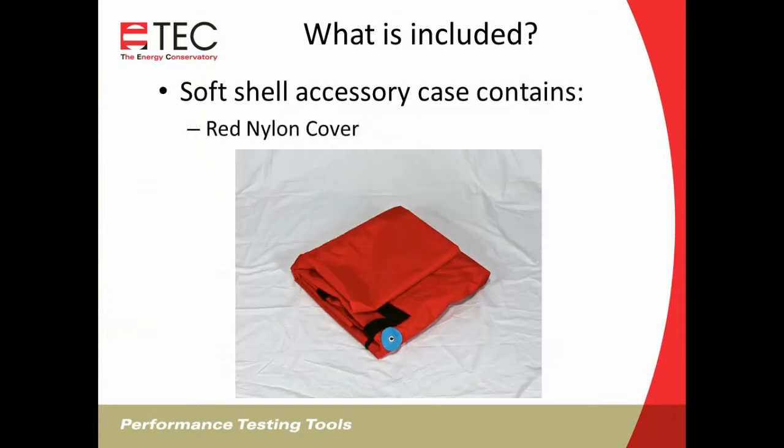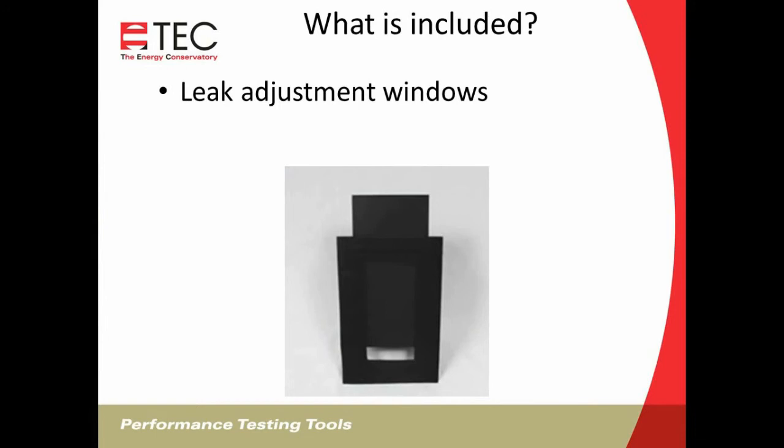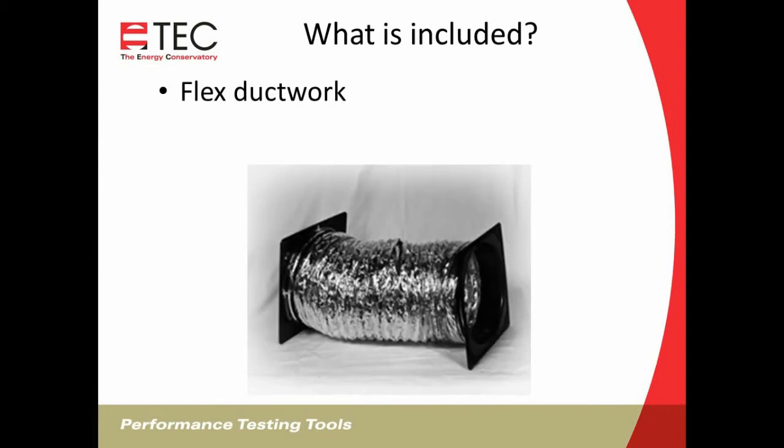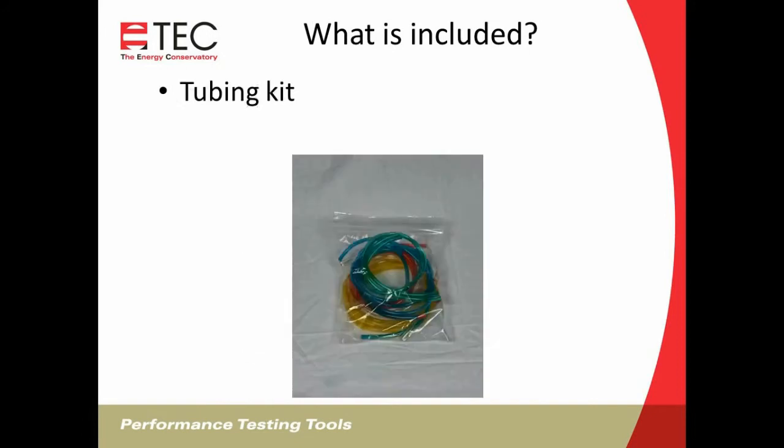In that accessory case, there's the red nylon enclosure covering. There are 3 leak adjustment windows, so you can adjust leakage from the enclosure to the outside. And there's a white attachment plate that will Velcro onto the side. There is a flex duct section for doing duct testing that will Velcro to the inside of the trainer. There's a tubing kit that includes all the tubing required to do the testing,